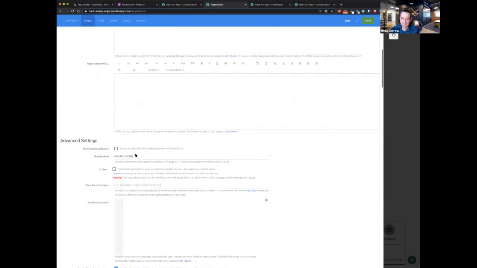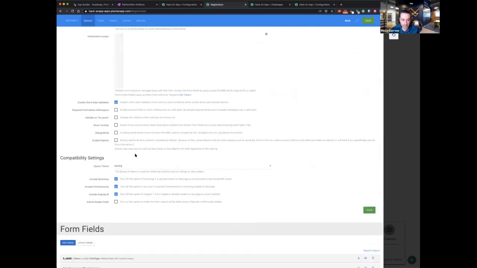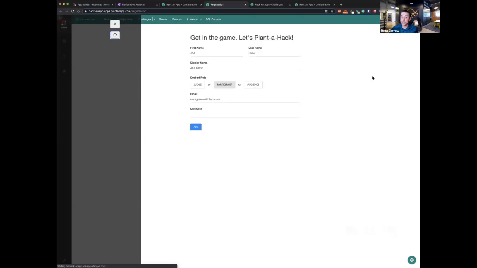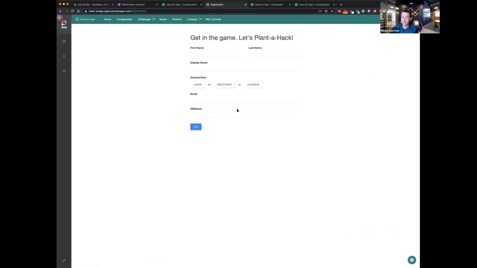And so there's a setting here that you'll want to know about and not forget about. It's this submit hidden fields. You'll want to turn this option on so that even when fields are conditionally hidden, they still get submitted, right? Otherwise, they're ignored. And what will happen is, even if a person has a user ID, when you go and edit or whatever, I guess I